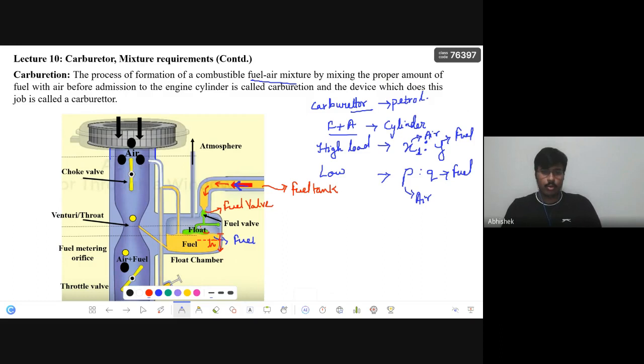If you ever go to your terrace and see how the tank works, there will be water and a ball-like structure. This is called the float,